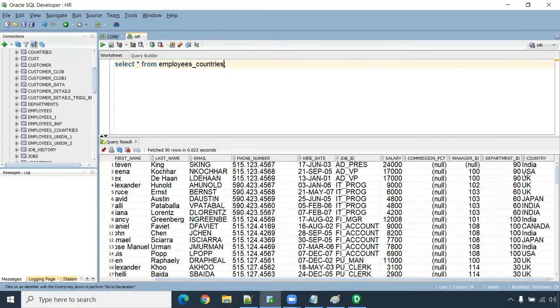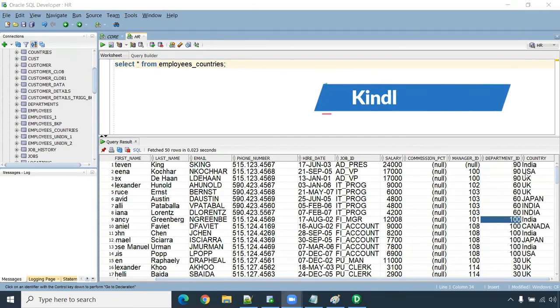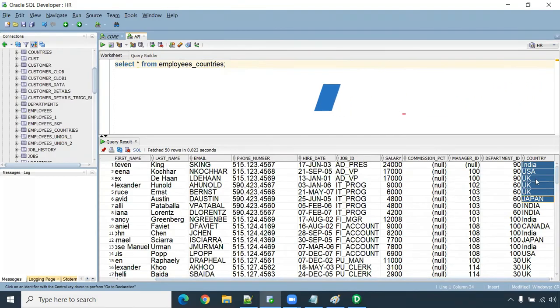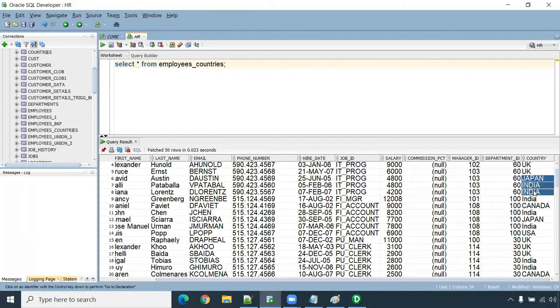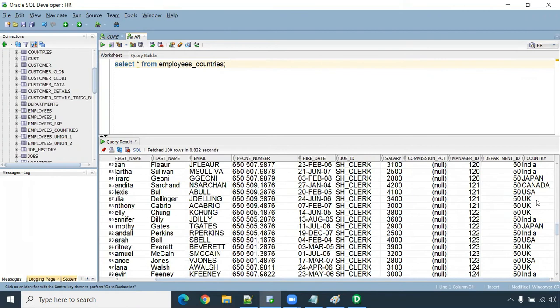You can go to here, you can see the department ID. I have one more column called country. I have created one more separate column here, and I have mentioned the country. You have India, USA, UK, Japan, all these countries I have mentioned. But I'm going to take only 3 groups. Other than that, I'm going to make it like a default group.